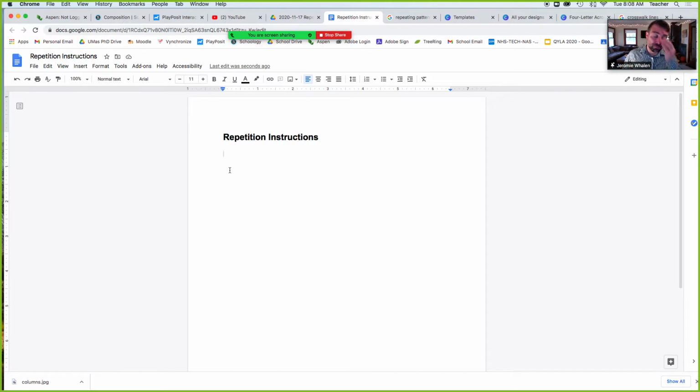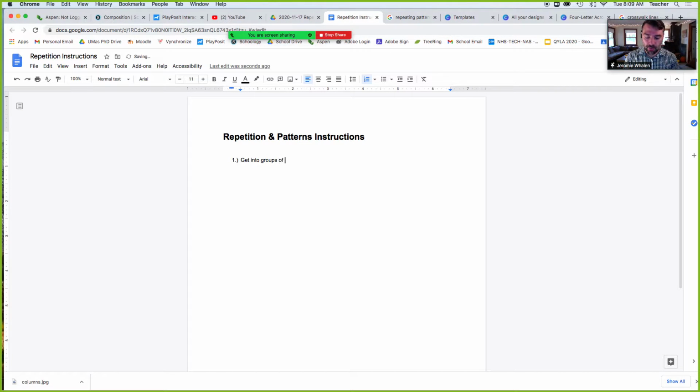Okay, so this is actually going to be a group project. So you gotta take a little time and collaborate and come up with an idea and how you want to present this. But I'm going to show you and walk you through an example of what's going on. Repetition and patterns is going to be where you're going to, one, get into groups,